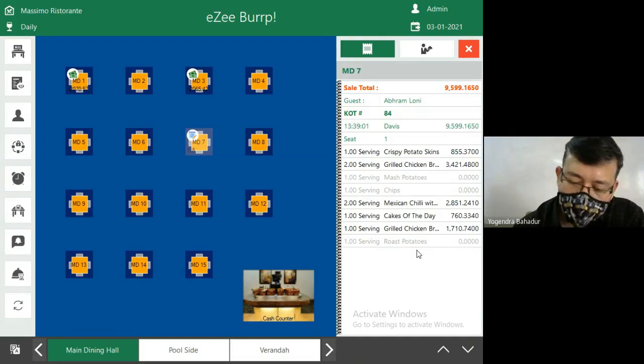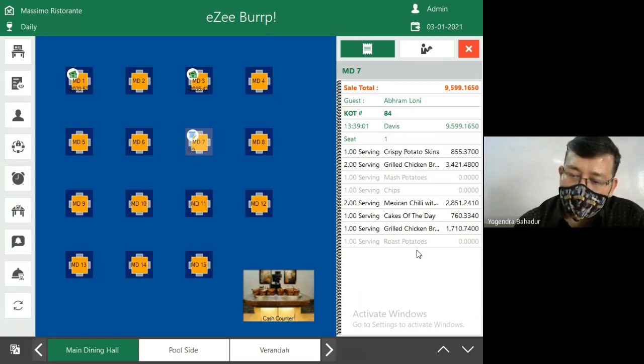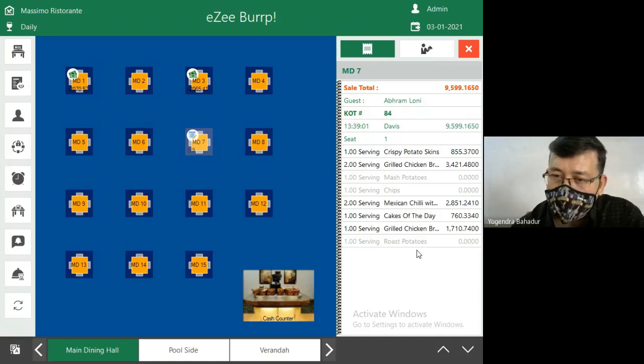Now let's refresh all the things that we have learned today, and a few more things are left that we are going to deal with today only. First, we have learned that we will have to enter into the POS system with our own user ID. After entering into the POS system with our user ID, we'll have to select the outlet.